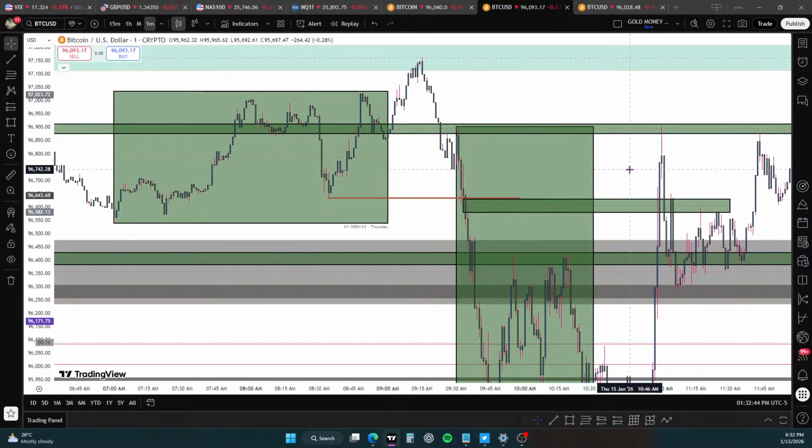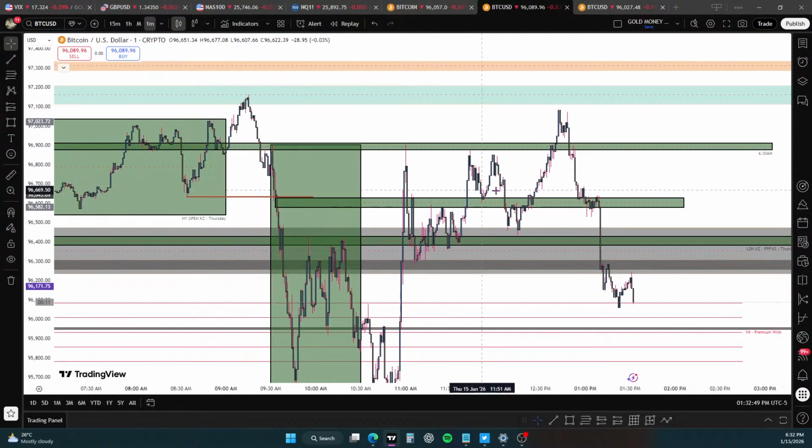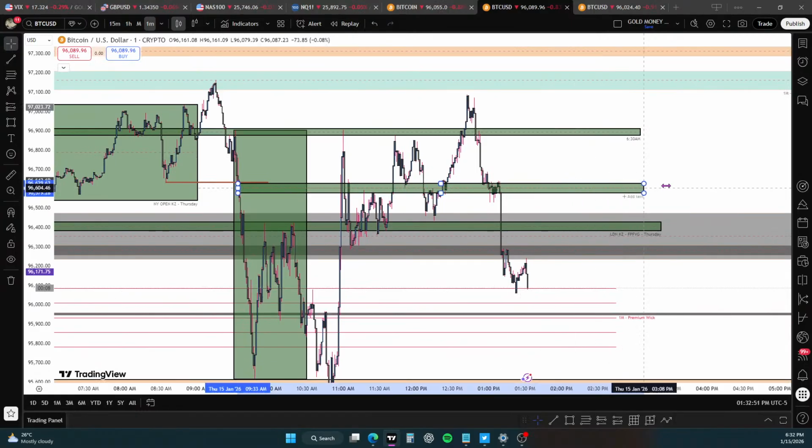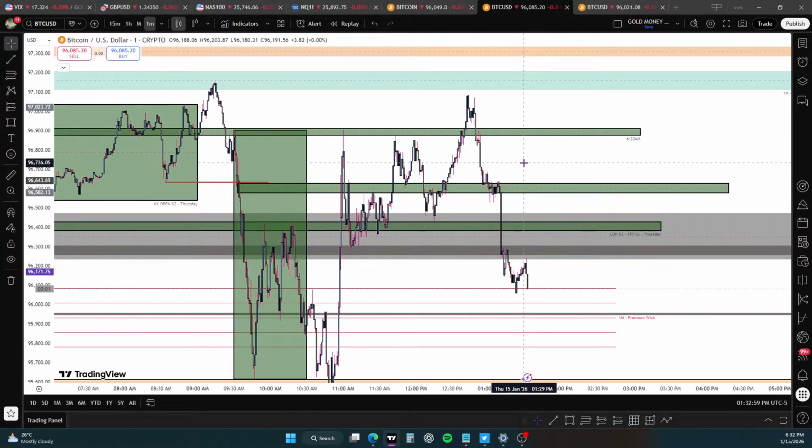Because he understands exactly what he's pointing out, and basically I've created my own thing inside his teaching. No, I haven't. He told me to utilize all of this. But I've kept it very, very simple, and this is the strategy that I use because now I'm comfortable with it. I've been using this strategy for a few months now, so I understand a little bit more in depth about what I'm looking for and how price will react in the levels.